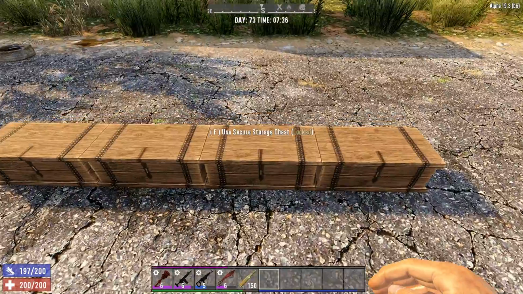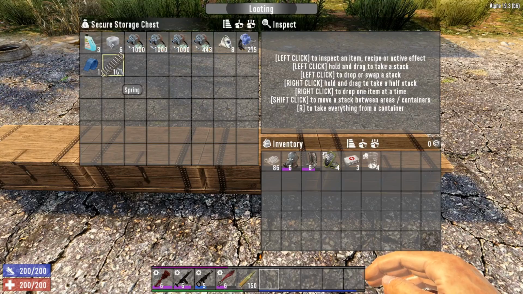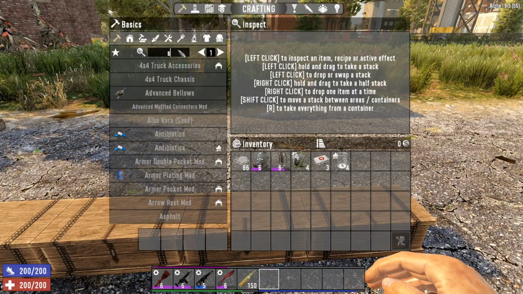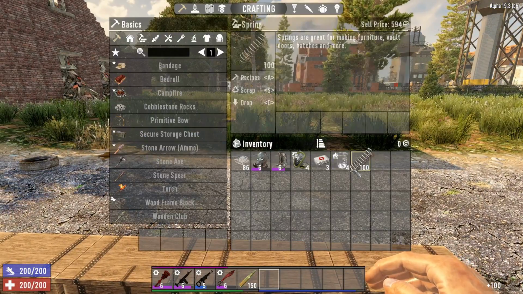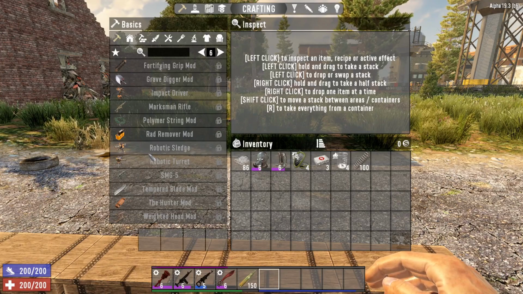Oh, bad. But we got 3,443 electrical parts, though. So that's pretty good. From what we got, we got 100 springs. That's actually amazing because you can't craft springs in this. You could have done that before, but you can't any longer. And they're actually fairly useful, you know, for the robotic turrets, but not actually the ones...